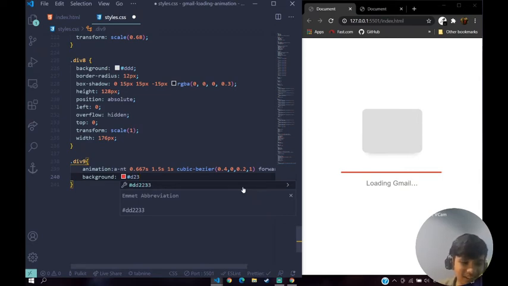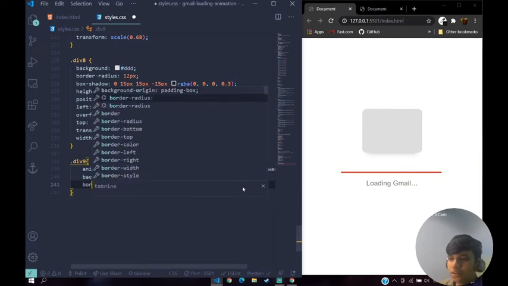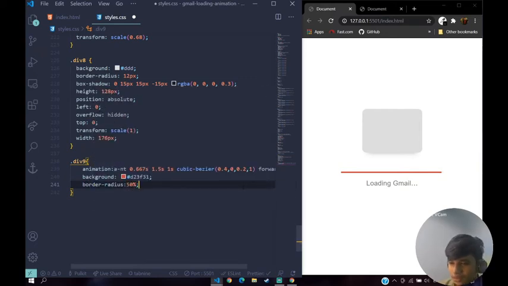So anyways, here I'm going to give a red color to D2 3 and F1. Why do I get off topic a lot? So border radius of 50%, and then I'm going to give a height of 270 pixels,